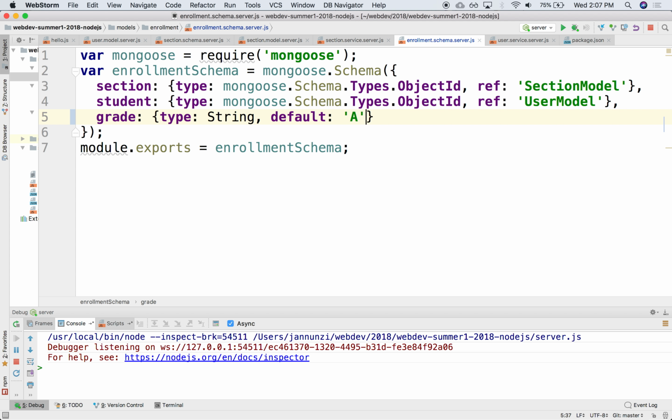So there's a shortcut where you just specify the data type. If you just specify the data type, you can just say this. Make sense? Now for the other ones, section and student, those are somewhat special in that